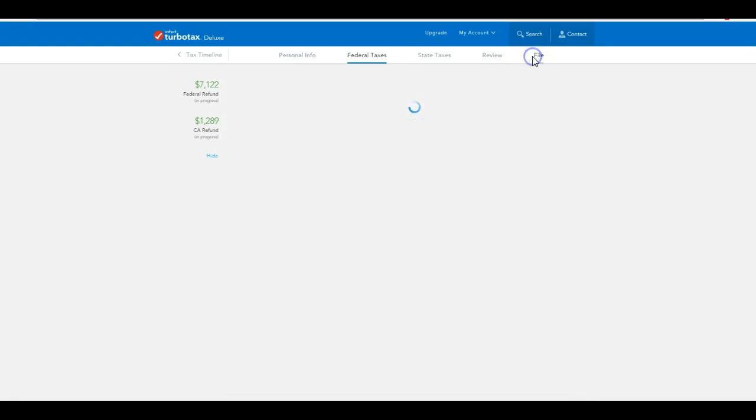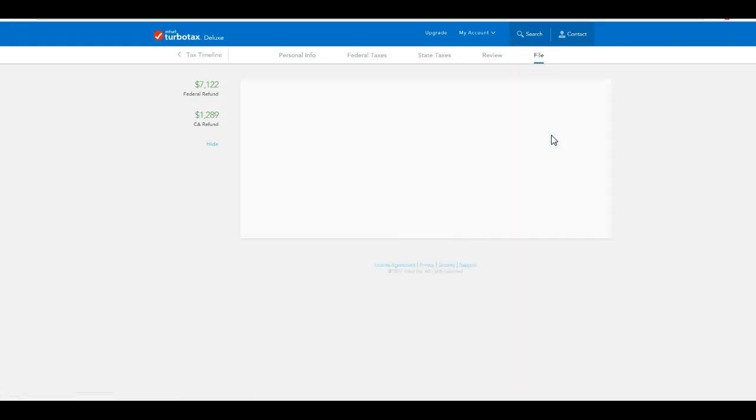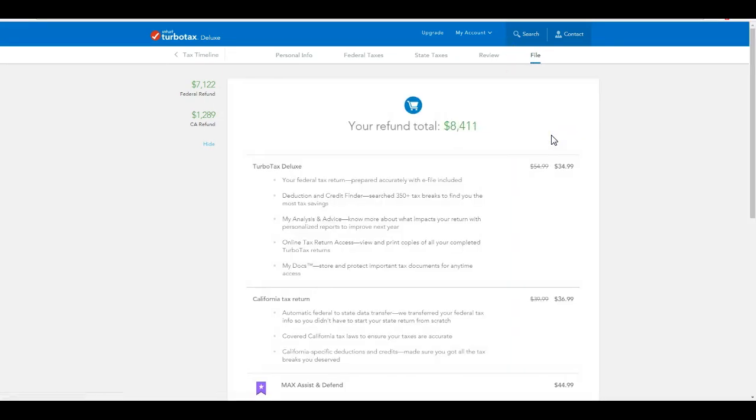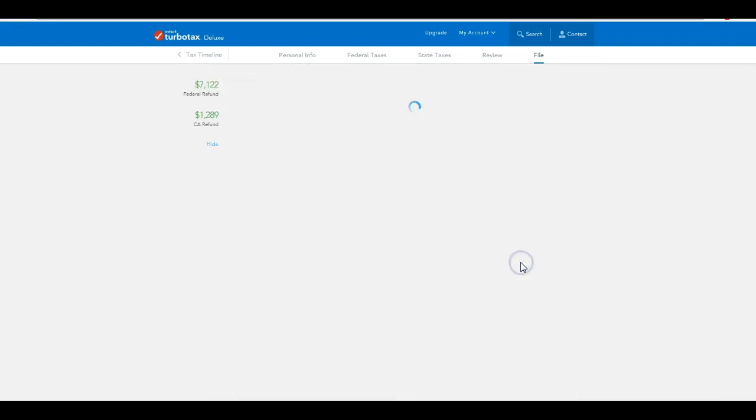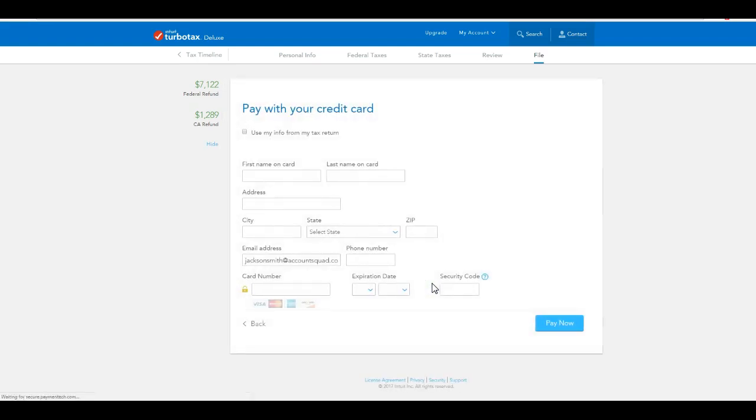Let's go back up to file. We've gone through those steps. We'll start there. So now we'll view payment options. And if we wanted to pay with a federal refund, we could certainly do so. There's a $34.99 refund processing charge the Santa Barbara Tax Group charges to have those fees deducted. But for the sake of this exercise, we're going to go ahead and pay with a credit card. Once you enter that information,